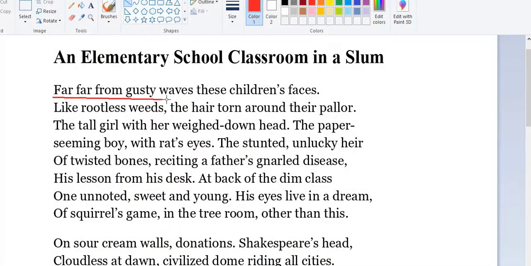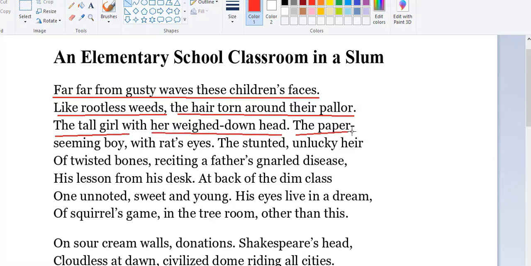Far, far from gusty waves, these children's faces, like rootless weeds, the hair torn around their pallor. The tall girl with her weighed down head, the paper-seeming boy with rat's eyes, the stunted, unlucky heir of twisted bones, reciting a father's gnarled disease, his lesson from his desk.